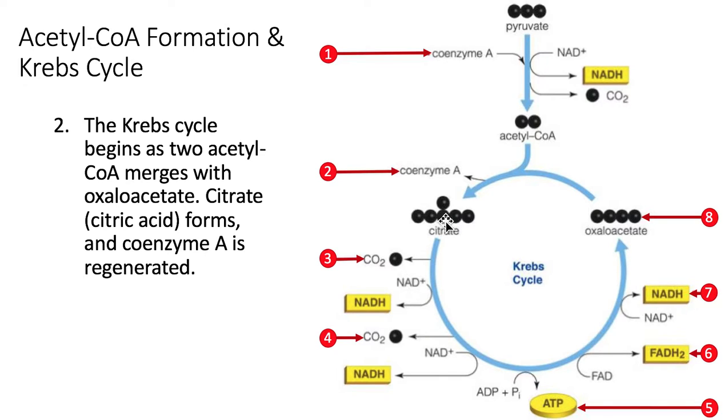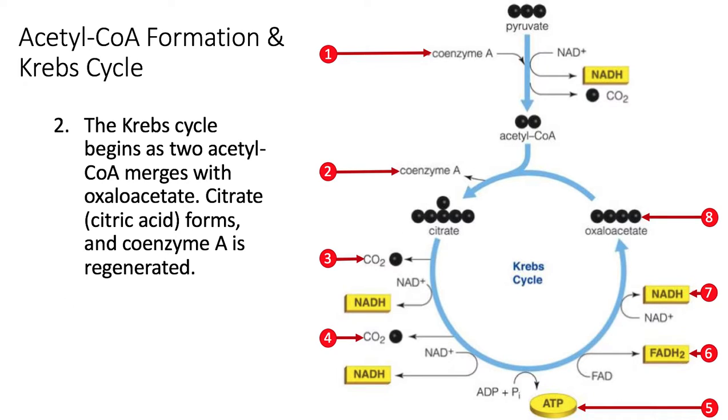1, 2, 3, 4, 5, 6 carbon. And that is known as citrate or citric acid. It's the same thing that you find inside of lemonade, so it's not something that's super, super weird. In this process, coenzyme A is also regenerated, which is something we used earlier. So that is step 2. We took acetyl-CoA and oxaloacetate, which is pictured here, and we combined them to form something known as citric acid